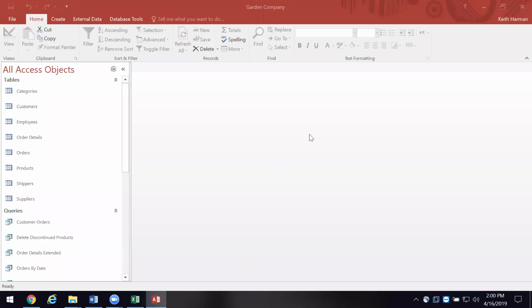And you're going to see order details, orders, products, shippers, and suppliers, okay? Now, let's talk about this for just a moment. Some of these are what we call dimension tables, okay? Not dementia tables because I'm an old guy, all right? I understand that. Dimension tables because they're tables that cover or contain